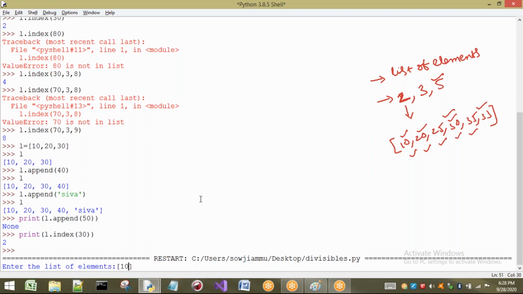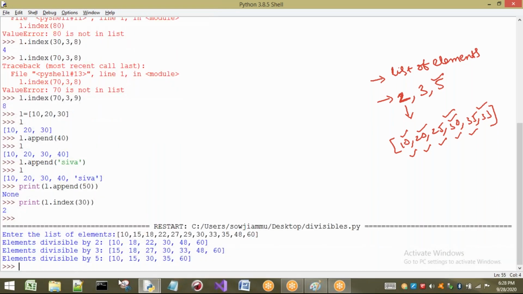In that list, I will take 10, 15, 18, 22, 27, for example 29, 30, 33, 35, 48, 60, for example. Now, if I press enter, automatically, as per our code, it is going to divide the elements separately and store them based on whether each is divisible by 2, by 3, and by 5 or not.